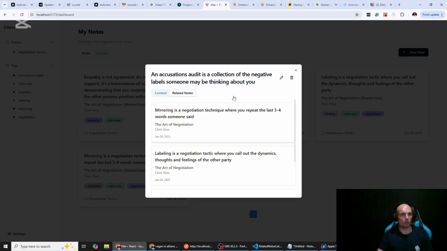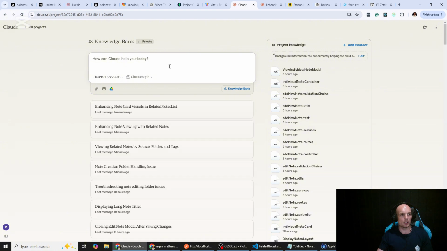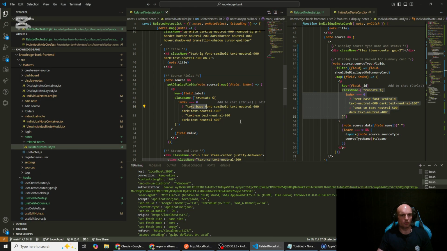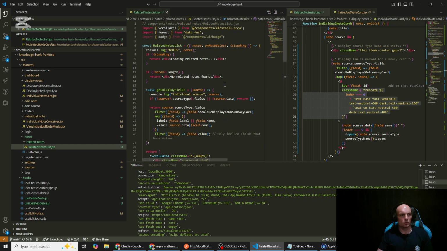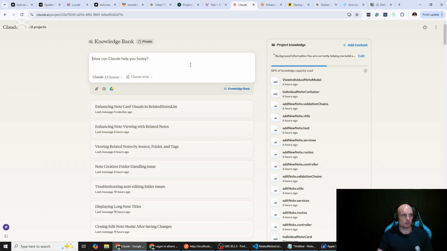Okay, so probably what we do now is I'm going to start a new chat, and I'm just going to copy and paste this and say: when a user clicks on a specific related note, I now want to open the view note modal with that note's